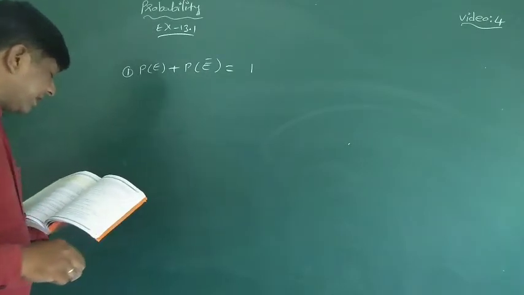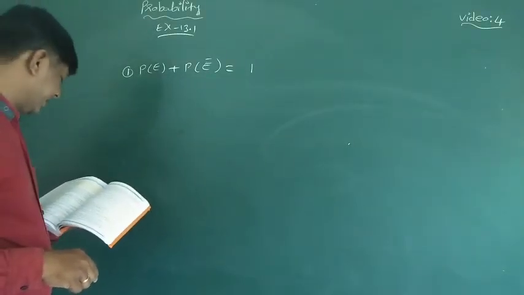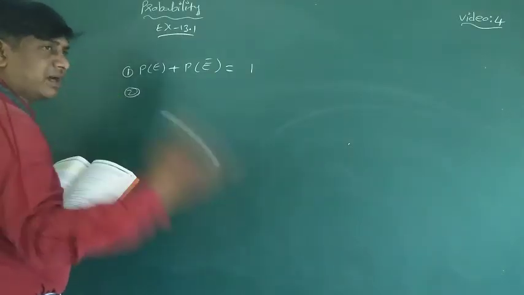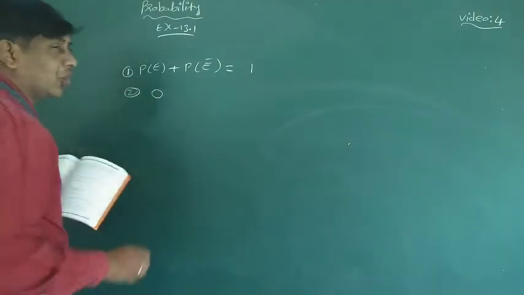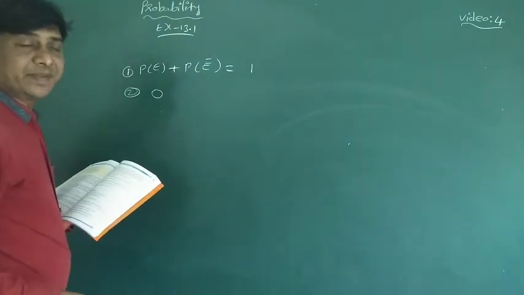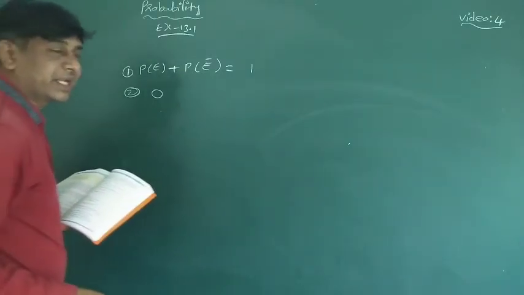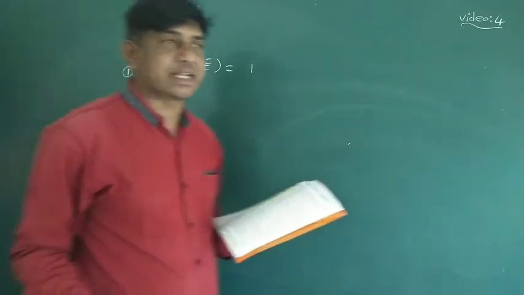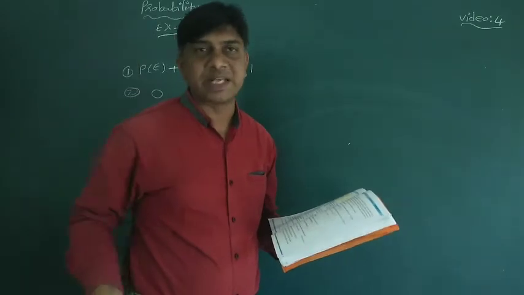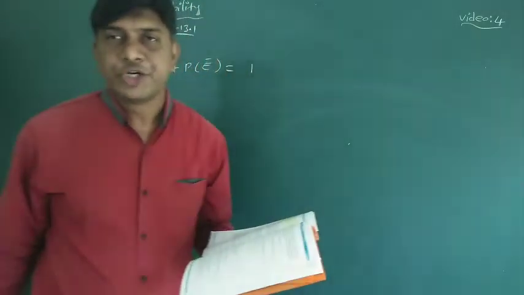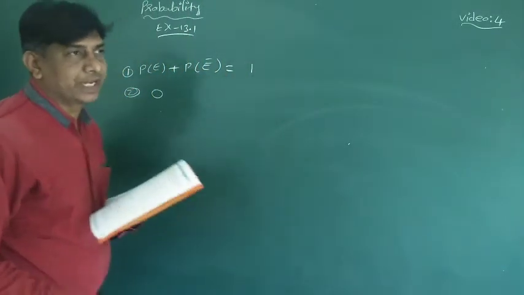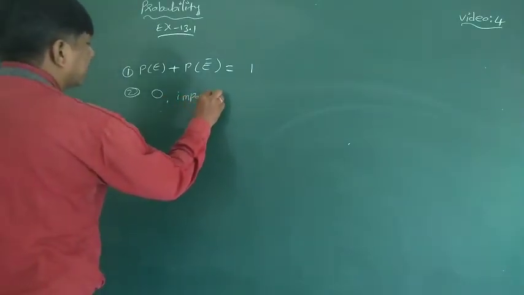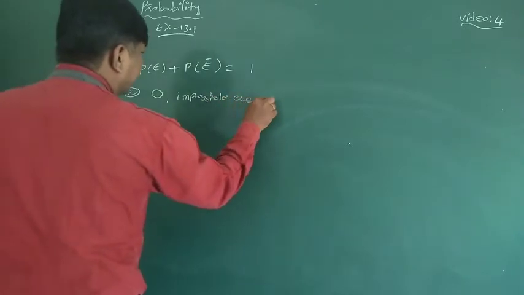The probability of an event that cannot happen is 0. Not possible means that it has not happened, so the probability will be 0. You go to a bookstall and ask for sugar; that is not possible, you don't find sugar in a bookstall. So that is 0 probability, and such an event is called an impossible event.